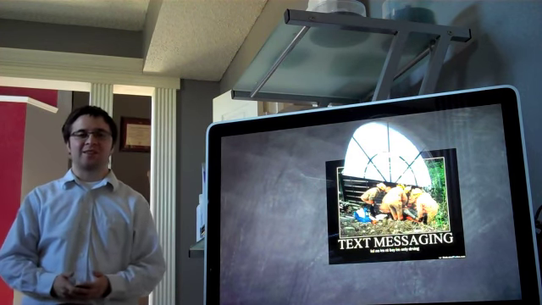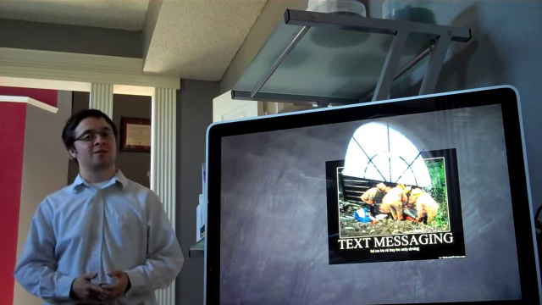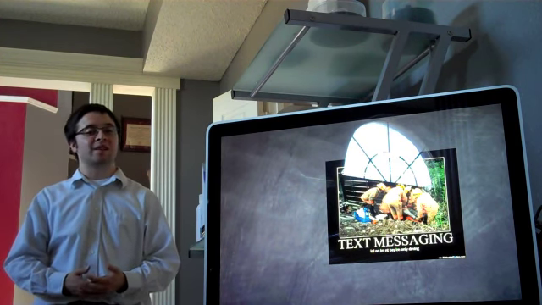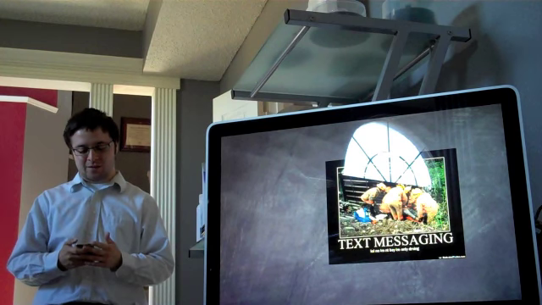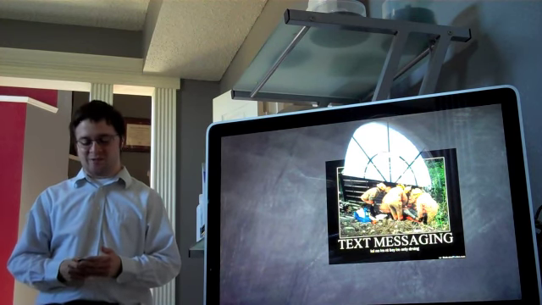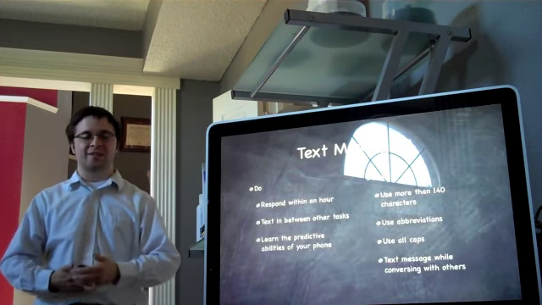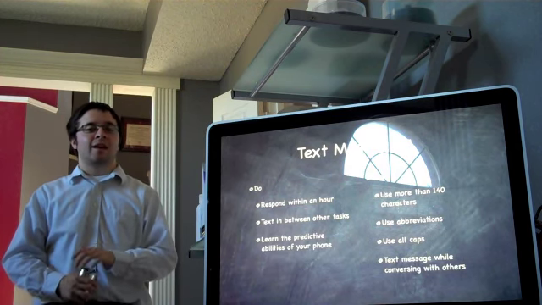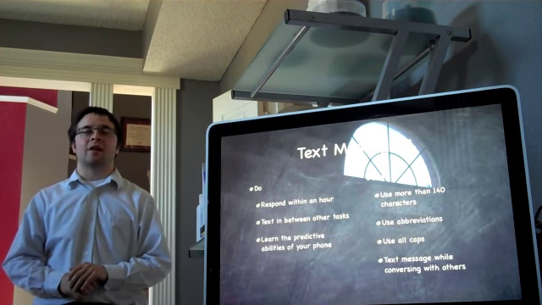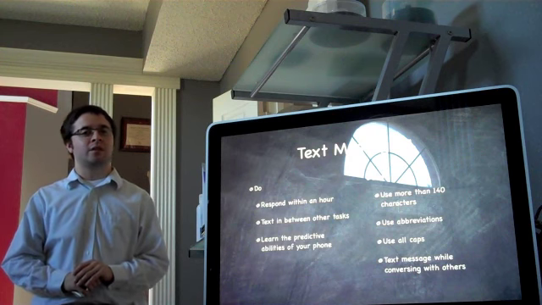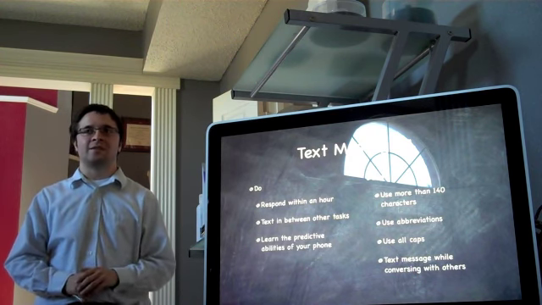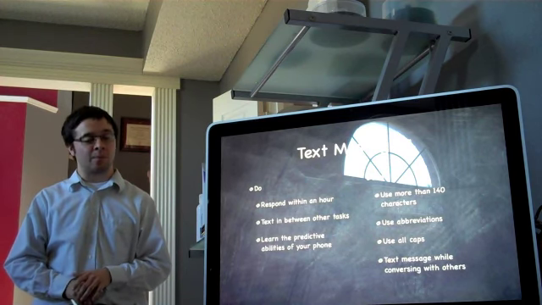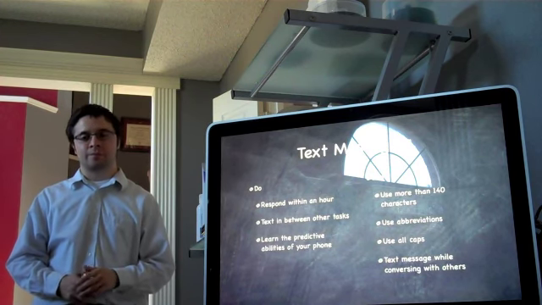And here we have the next thing we're going to talk about, text messaging. The biggest don't of text messaging is don't text message while you drive. Because this is the kind of thing that can happen to you. So yes, text messaging is done with cell phones. And a text message consists of 140 characters that's sent from cell phone to cell phone typically, although more and more devices are taking on this capability as it increases in popularity.